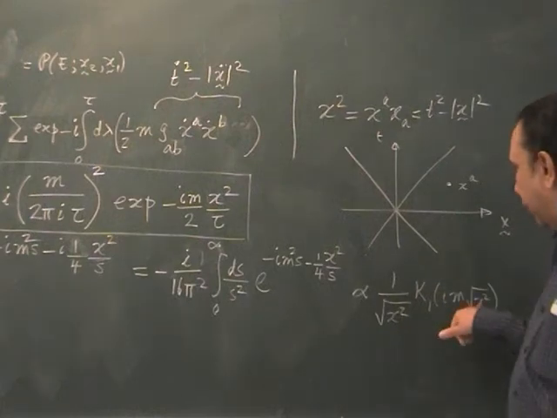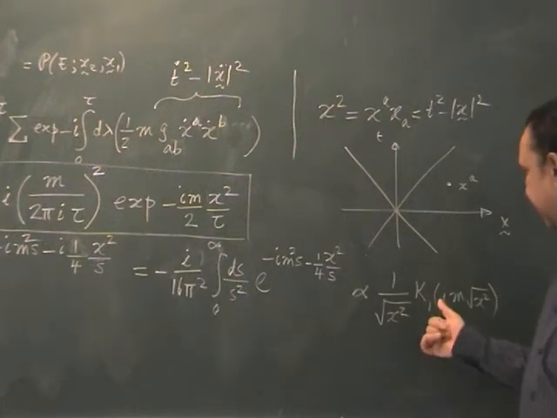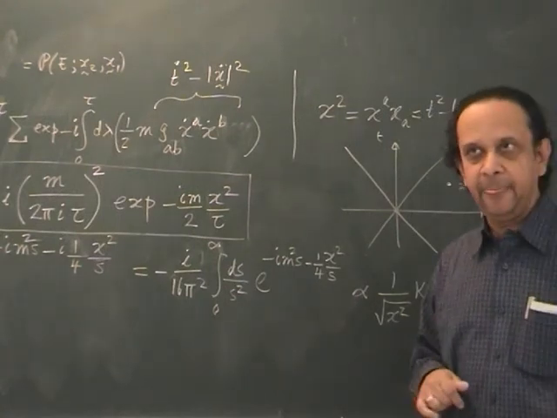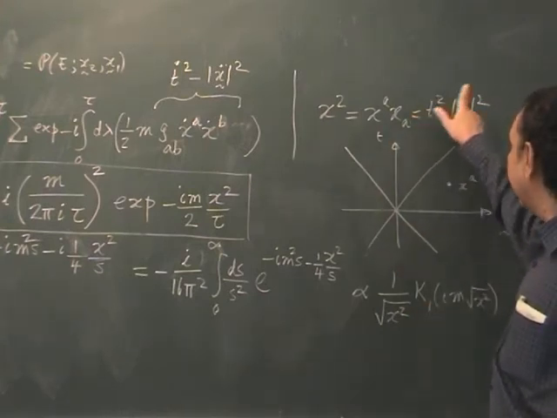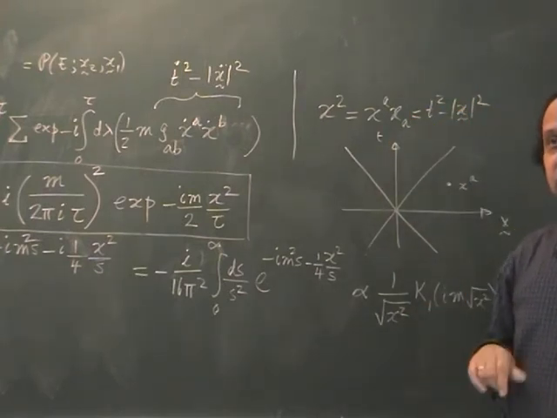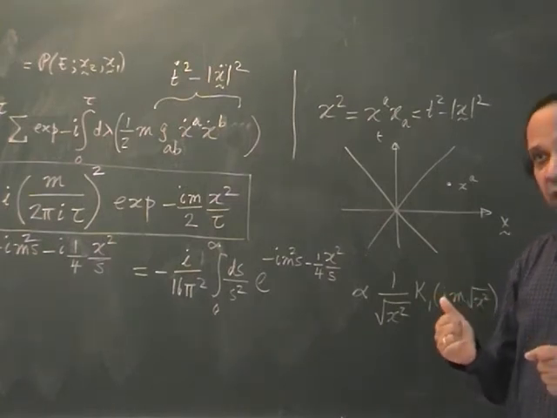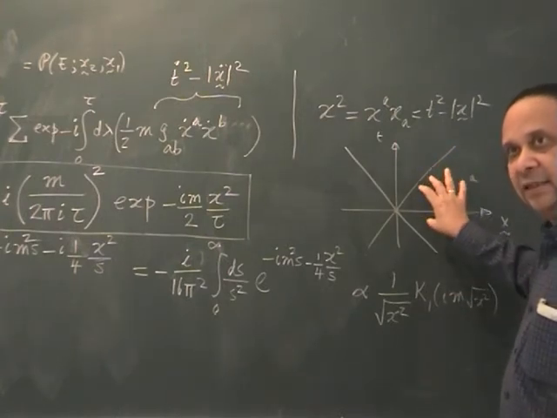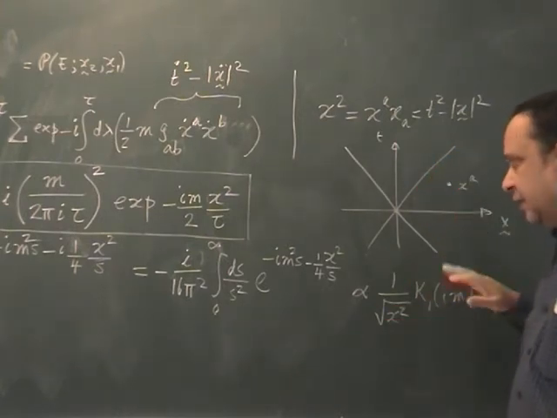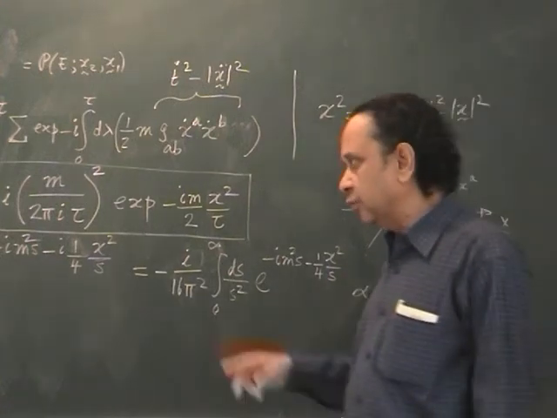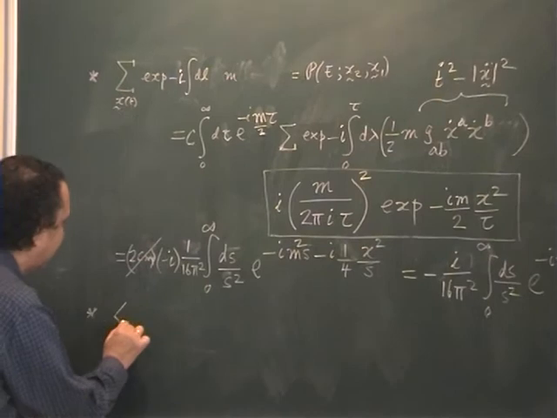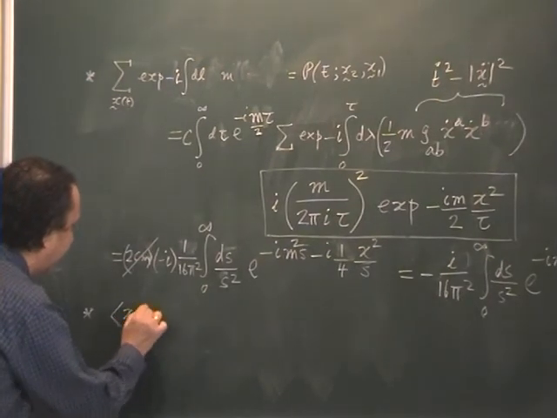However, if you look at the properties of this function, they depend very crucially on whether the square root of x squared is real or imaginary. See, square root of x squared is square root of t squared minus mod x squared. So, if t is greater than mod x, you are in this region, then this is real. And if it is less, then you are in this region. And the properties depend crucially on that. And you can show, which we will do in a minute by another trick, that this entire propagator which we have obtained here, let me write it as x2, x1,